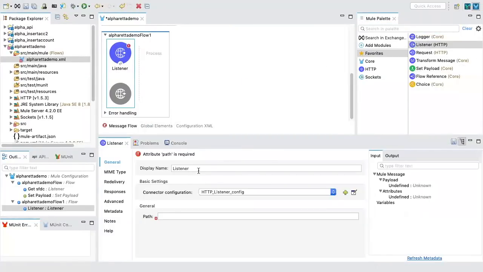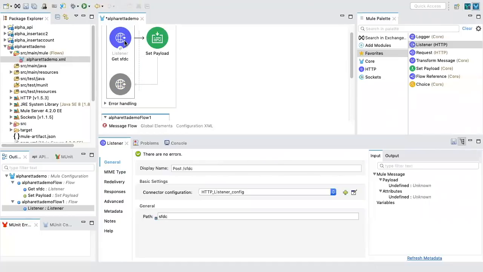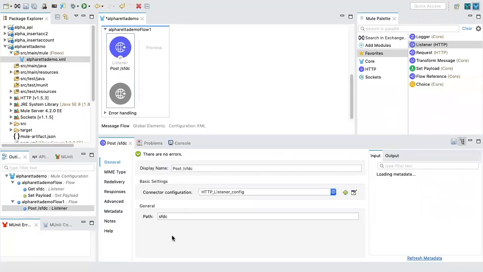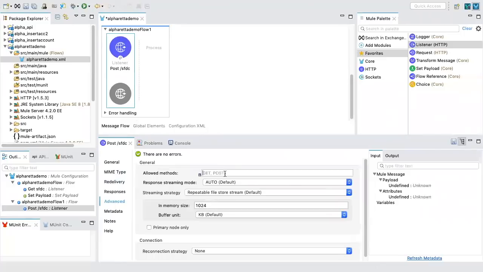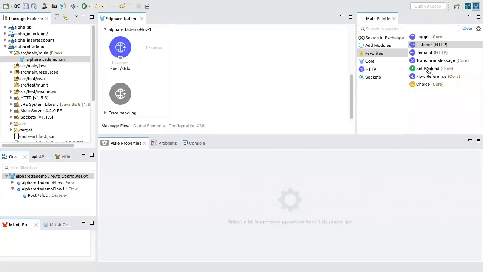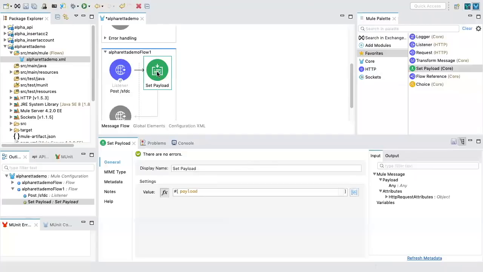So again, I'm an HTTP listener and I'm saying POST. Your path is again SFDC. Let me see what I put here. Slash, I will follow the slash here as well. And then we already have a configuration. We are using that configuration. I'm going to Advanced and saying this will only listen to POST. And this is the green icon you see. It is the payload. Just to show the message that I'm in the right location, I will say congratulations.